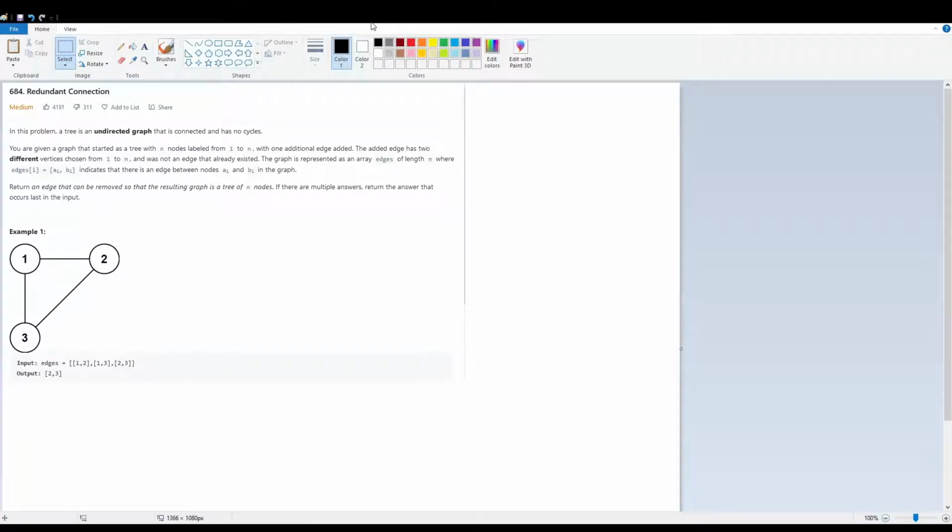Today I'm going to talk about LeetCode question number 684, redundant connection. So in this problem, a tree is an undirected graph that's connected and has no cycles. You're given a graph that started as a tree with n nodes labeled from 1 to n, with one additional edge added. The edge has two different vertices chosen from 1 to n, and it was not an edge that already existed. The graph is represented as an array edges of length n, where edges[i] is equal to the